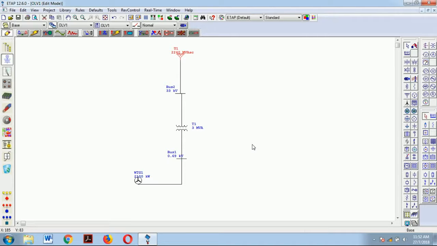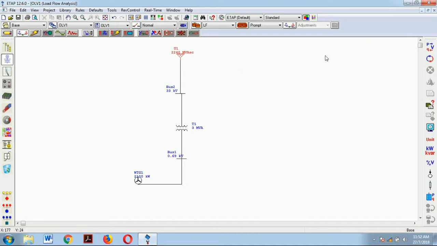Now if I wish to run a load flow analysis, what I have to do is, on the left hand side there is something called PQ, which is going to show you the load flow analysis, the active and the reactive power. I'll click it here, and on the right hand tab I'll click run load flow analysis and I'll say OK. So you can see that something is being displayed.